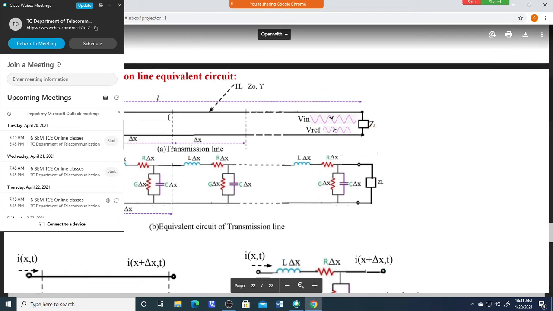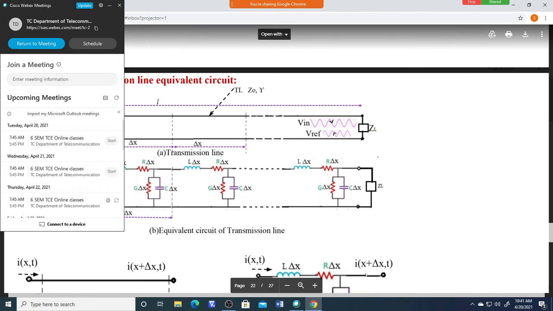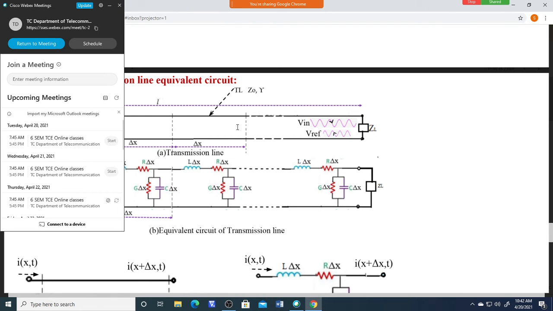In the next topic, we will be deriving the expressions for voltage, current and impedance. Using those equations, we can find the voltage and current values at different positions over the transmission line. As we move along, voltage, current and impedance all change. It is a function of distance, so we should have equations to calculate those values.